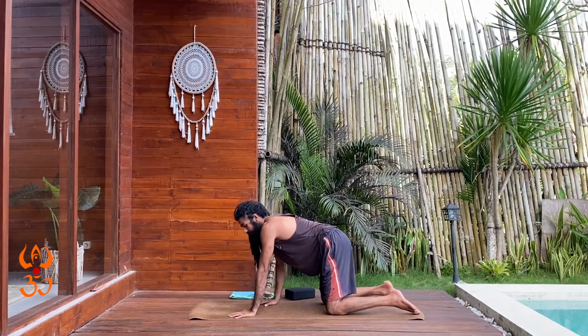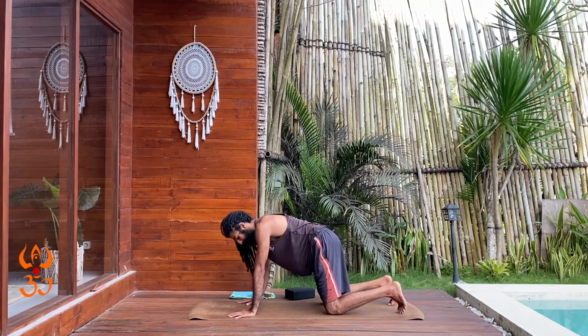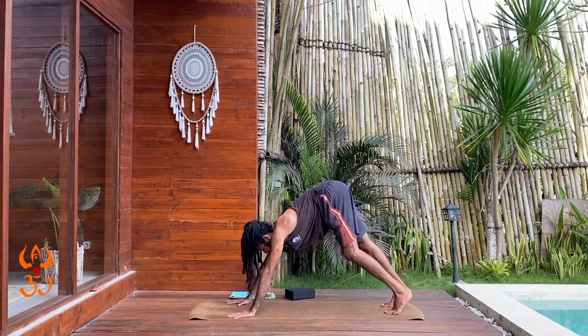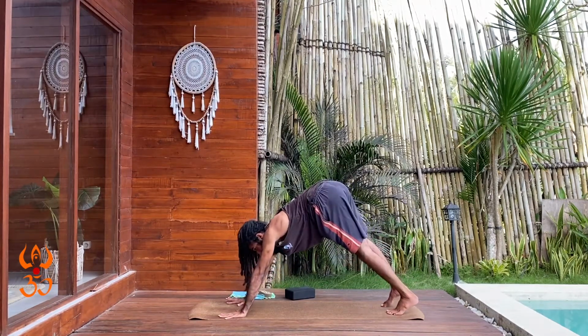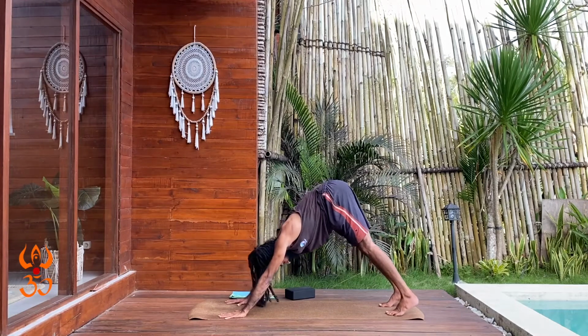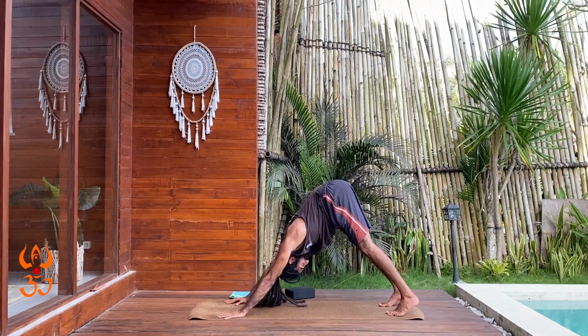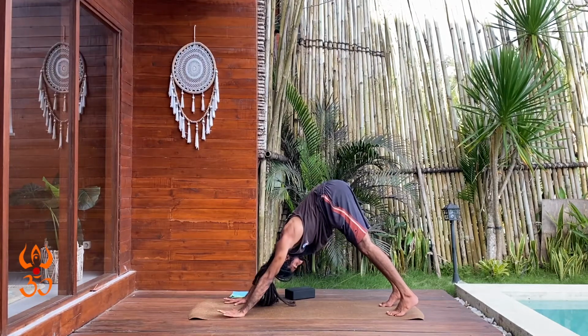And from here, you're going to untuck your toes, pushing your legs back into a downward facing dog. So from here, making sure that your fingers are spread wide. Trying to ground your heels down into the mat. Breathing for 3, 2,